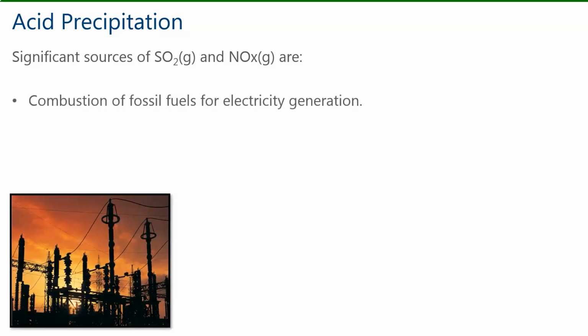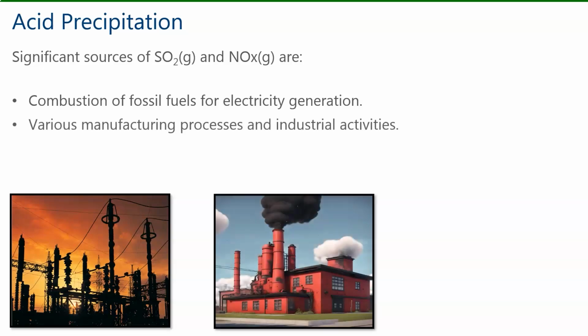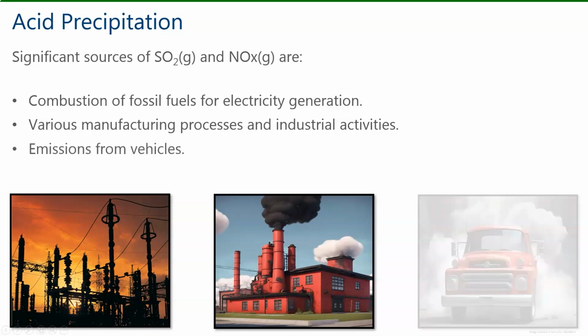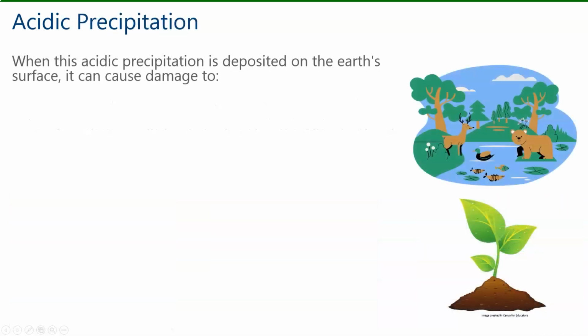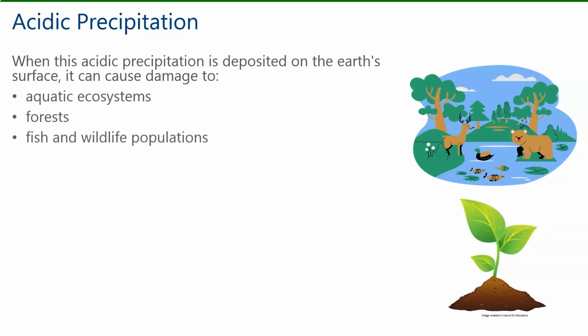Significant sources of sulfur dioxide gas and nitrogen oxide gases are the combustion of fossil fuels for electricity generation, various manufacturing processes and industrial activities, and emissions from vehicles. When this acid precipitation is deposited on the Earth's surface, it can cause damage to aquatic ecosystems, forests, fish and wildlife populations,